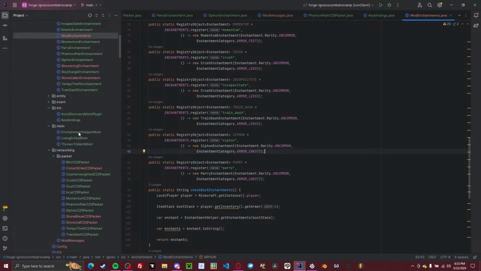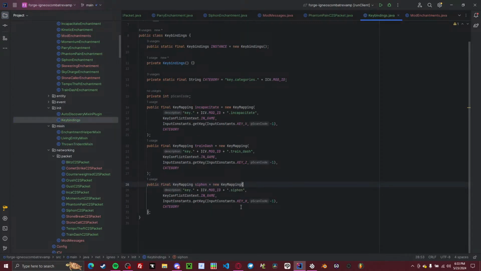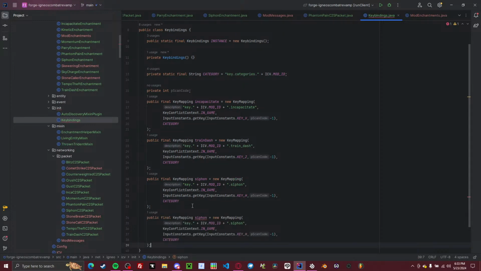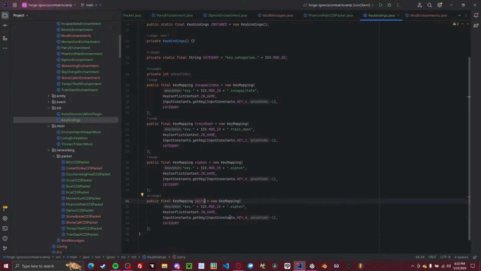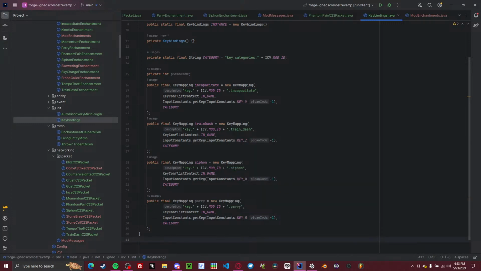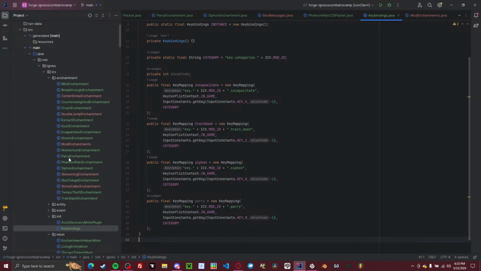So back in my key bindings right here, let's just copy one of these, make a new one. This time we're gonna call it Parry, and then make that Parry. And then what key do we make the Parry? Let's just go with R. I'm not really thinking about what keys I make what, because that's not really a problem for me. So